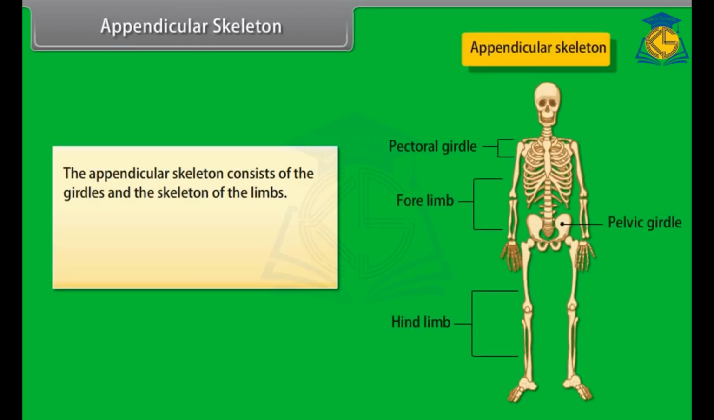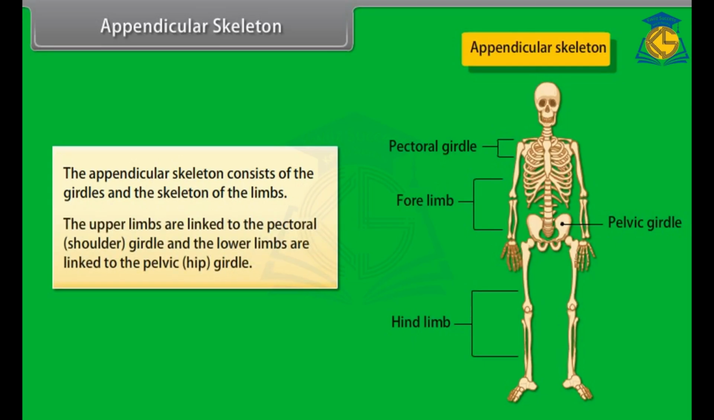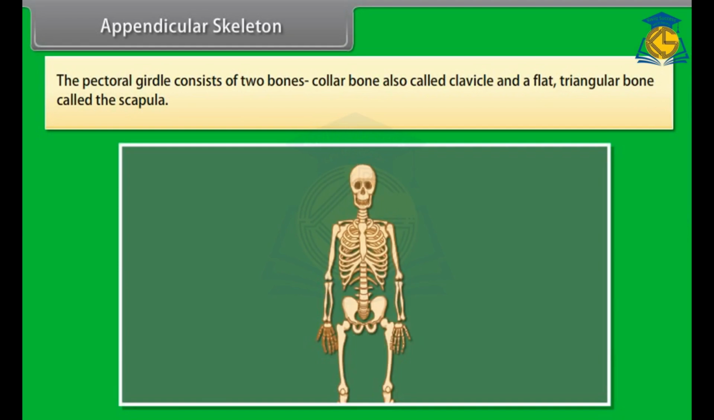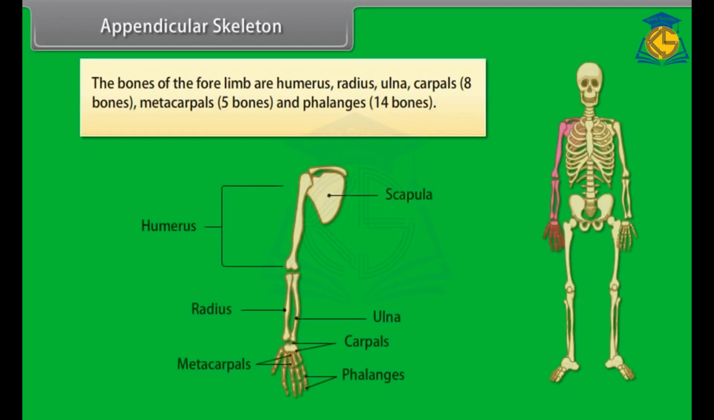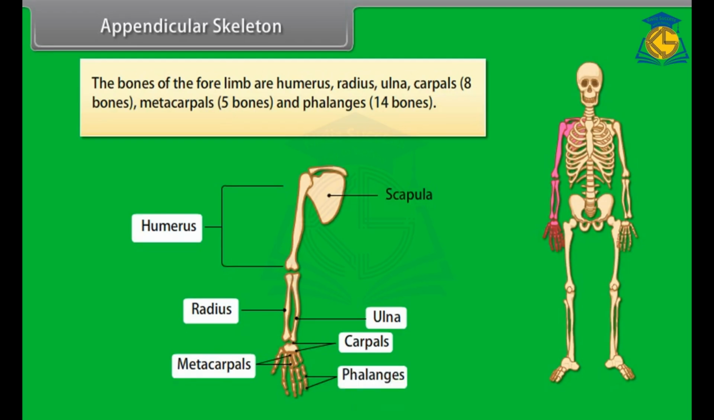Appendicular skeleton. The appendicular skeleton consists of girdles and the skeleton of the limbs. The upper limbs are linked to the pectoral or shoulder girdle, and the lower limbs are linked to the pelvic or hip girdle. The pectoral girdle consists of 2 bones, the collarbone, also called clavicle, and a flat triangular bone called the scapula. The bones of the forelimb are humerus, radius, ulna, carpals, 8 bones, metacarpals, 5 bones, and phalanges, 14